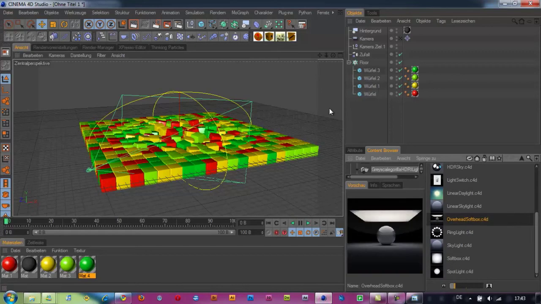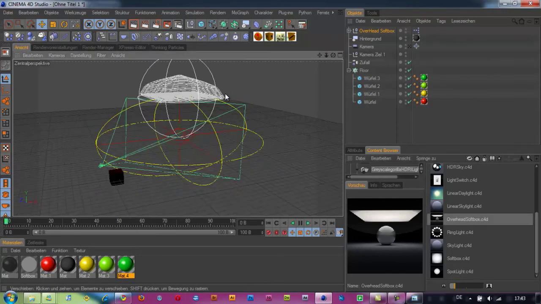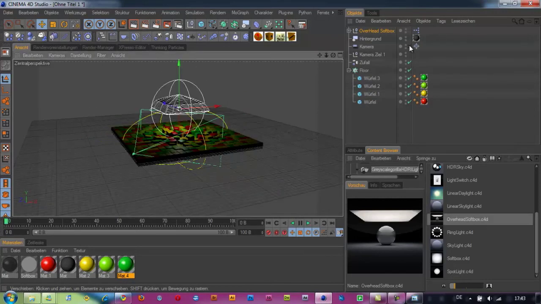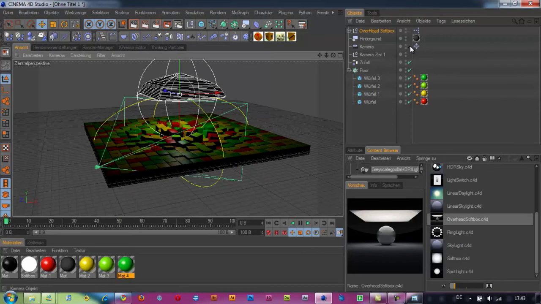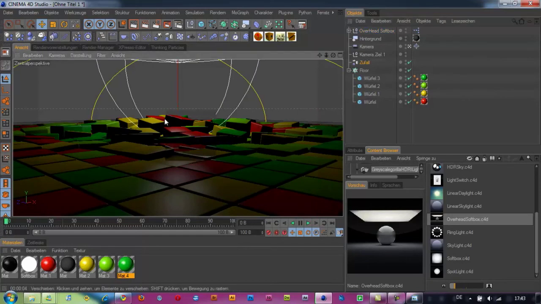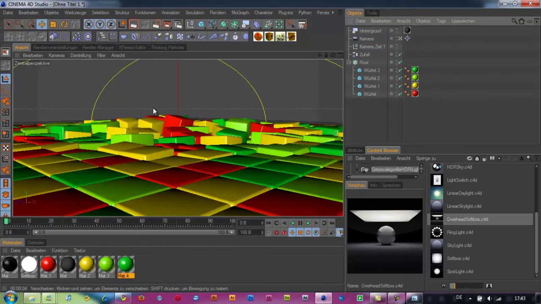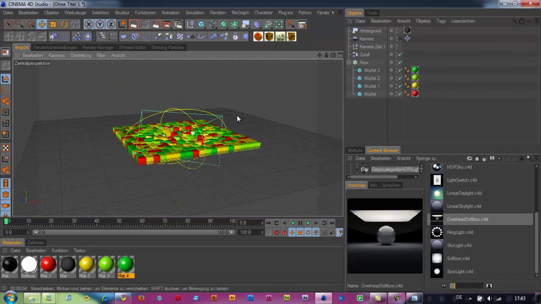I take the overhead softbox, double click on it, and we can see there it is. Now if I just render that fast, oh my god, it's so laggy. What's happening? Yeah, render that fast, and you can see it actually looks really good. Actually this takes a long time, so don't do this. But you probably don't have it, or at least not all of you, so we will do it